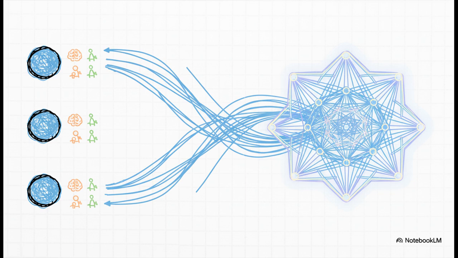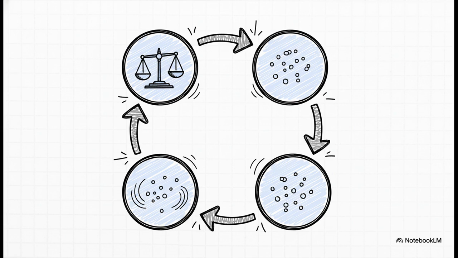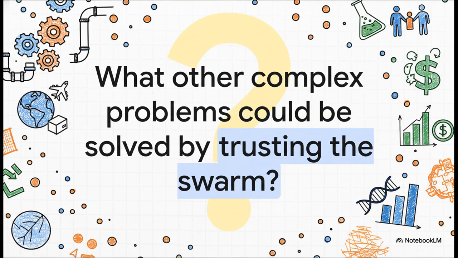It's fantastic. And because it's built on these super intuitive ideas, it's also remarkably efficient. The algorithm just keeps updating each particle's position based on that simple balance of personal and social knowledge. And by doing that, the group as a whole is constantly creating and testing new, better solutions. And that really leaves us with a final, pretty big thought. If a strategy this simple can solve such complex engineering and planning challenges, what other massive problems out there, in science, in business, maybe even in our society, are just waiting for us to solve them by simply trusting the collective wisdom of the swarm?